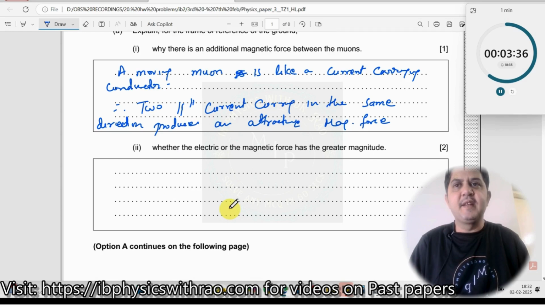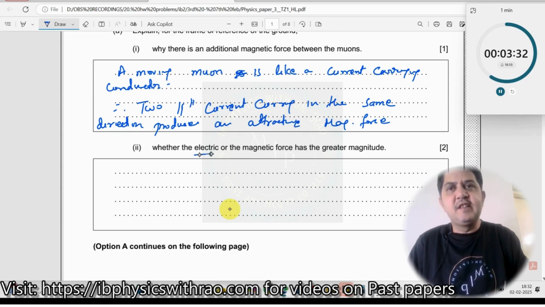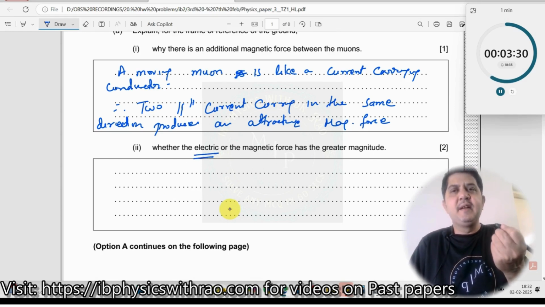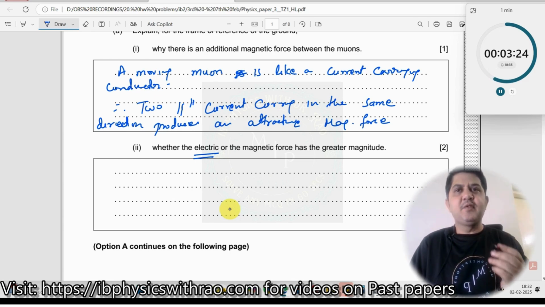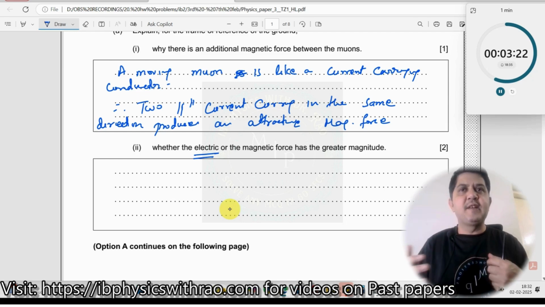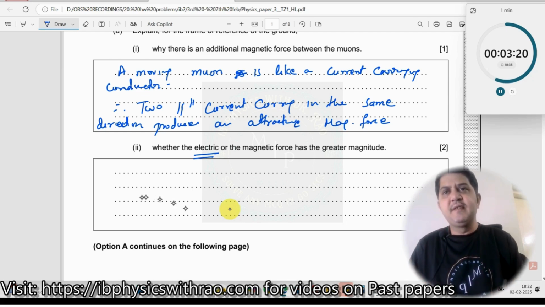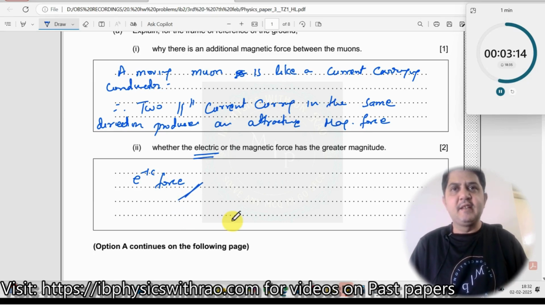Then whether the electric or the magnetic force has greater magnitude, obviously it is the electric force, because in the rest frame the electric force has a greater magnitude, and the magnetic force is 0. So here if there is a magnetic force, an electric force should also act, so that in both frames the same type of force is observed. So it is the electric force that has a larger magnitude. Okay, then next is